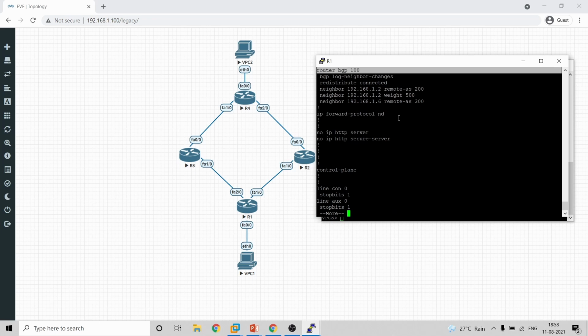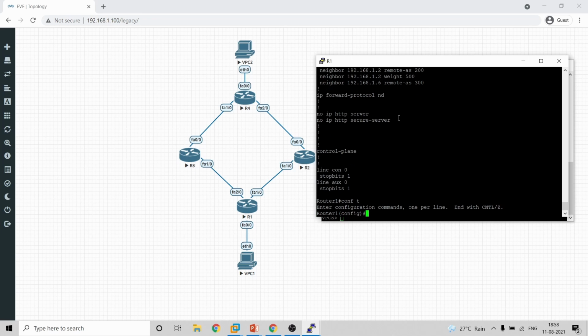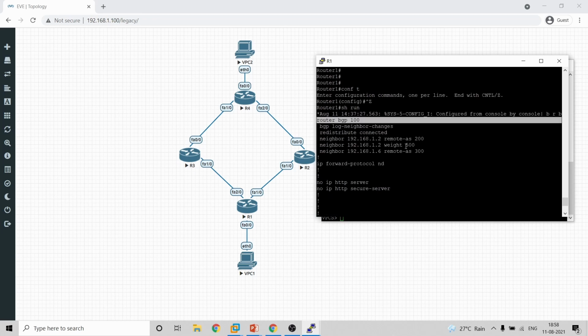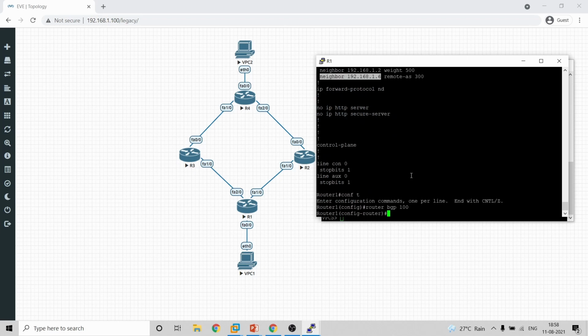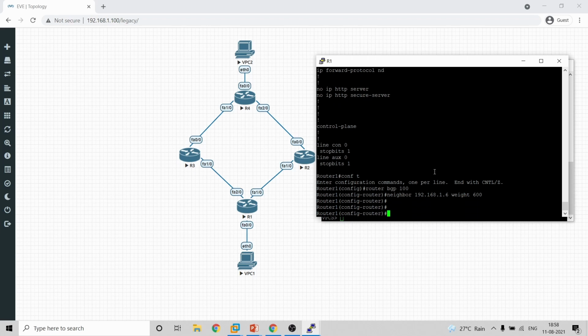So for that, we'll configure router BGP again, and this time we'll give a higher weight to the other neighbor, so that two neighbors will have weight, but the highest weight will always be preferred. We'll just check that out. We are going to give the weight as 600, as there is 500 for this neighbor. The next neighbor we are going to give it 600.